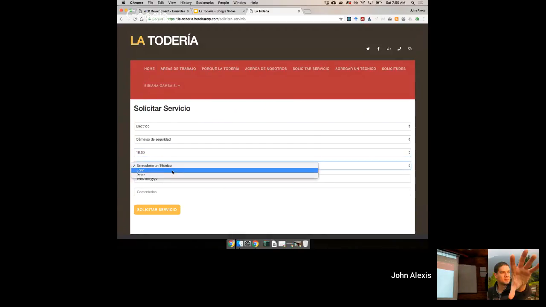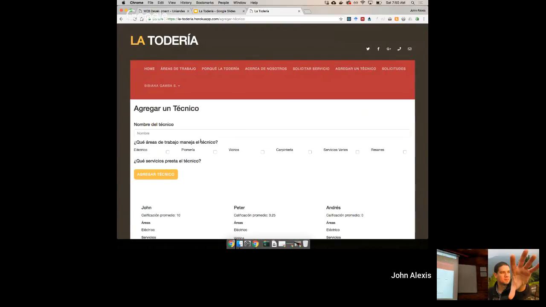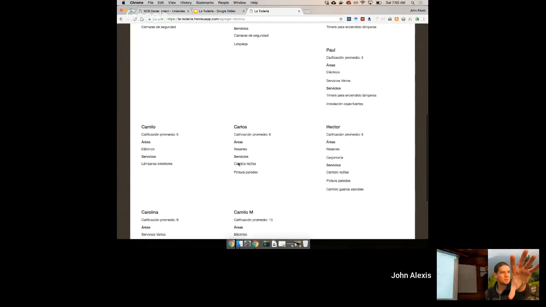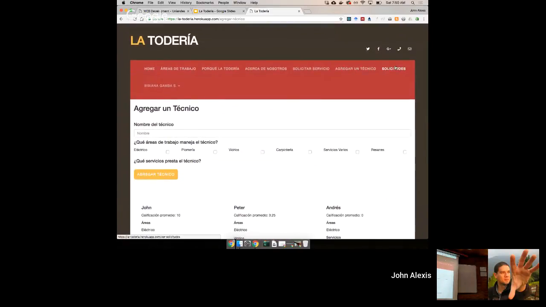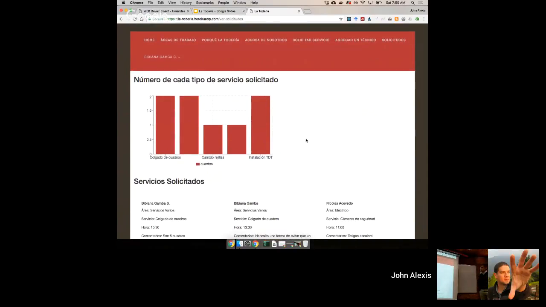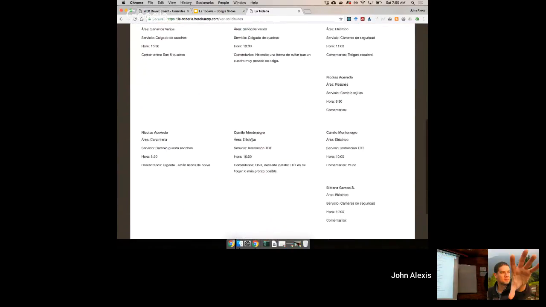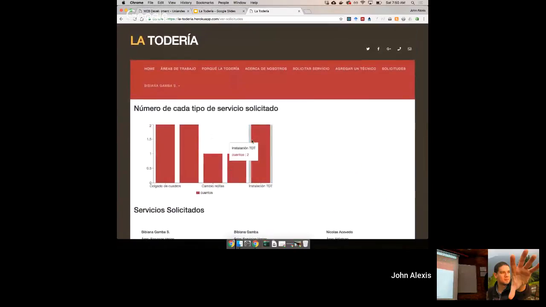And we can only see the technicians that have that service. So we would do this, then any date. We can send it without any comments. We could also add a technician, but we have some already here. And we can see all the services people have booked. So every type, and here are all the different services. If we logged in as a user, we would only see the services that the person has booked, and that would be